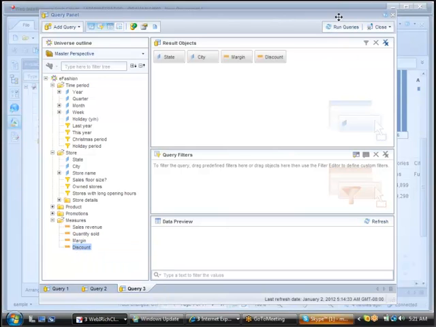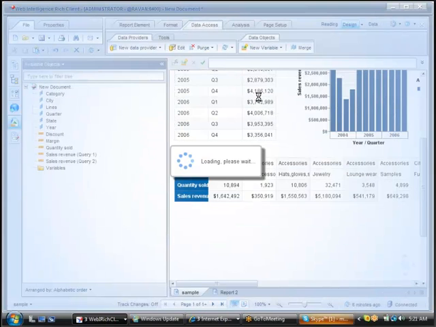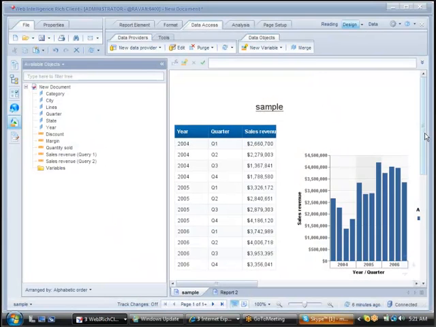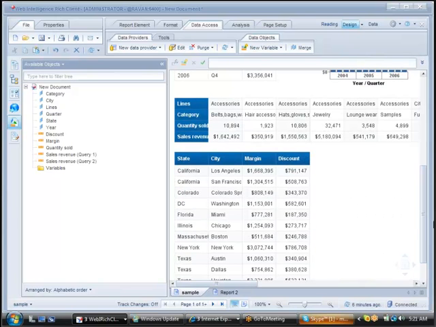I'm just dragging and dropping ship city, margin price, and discount amount. This time click on run queries. This time it will display, run queries. That means you are adding a third query also into the same report. That time it's creating one more query, one more block also in the same report. If you want to make one more tab,